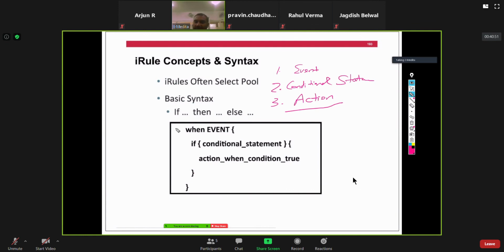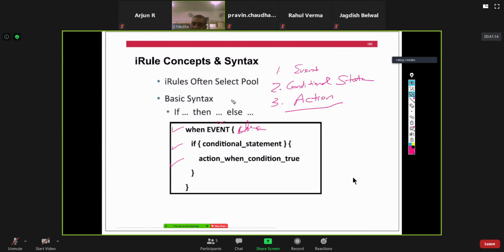This is pretty much the basics of the iRule. So this is the event, like client accepted. When I say client accepted, it means the three-way handshake with the client has been completed. Or I can say LB selected, which means load balancing has been performed and a pool member has been selected.